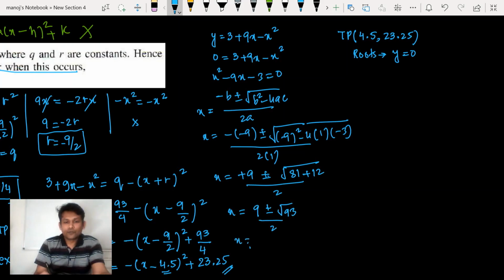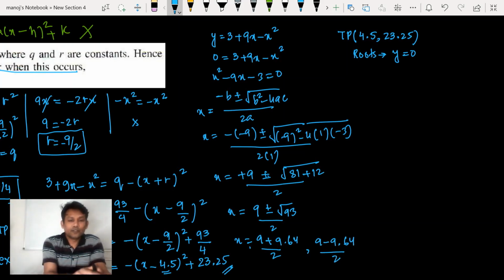So x is equal to 9 plus root 93, which is 9.64, divided by 2. One time plus, one time minus. Okay, one time plus means 9 plus 9.64 divided by 2 is giving 9.32. X is 9.32, or 9.3,